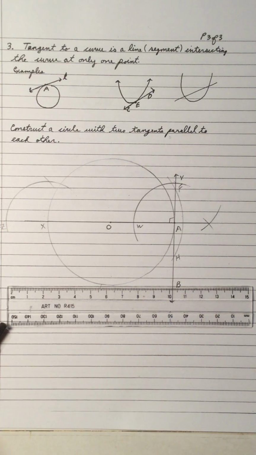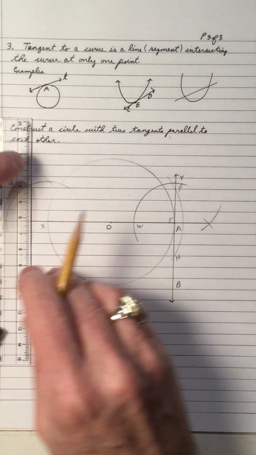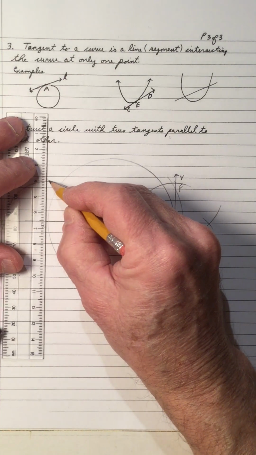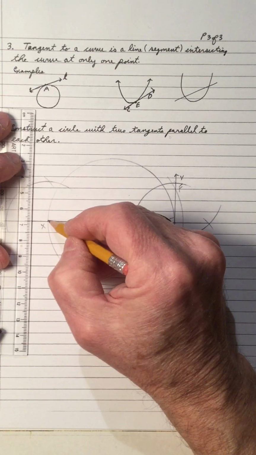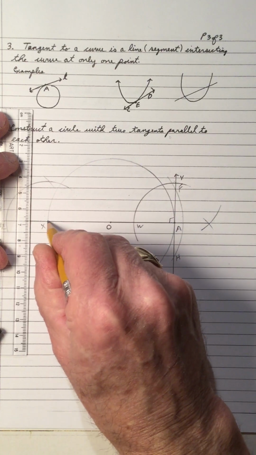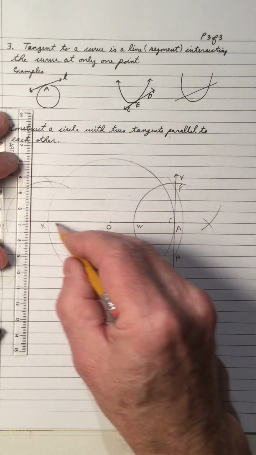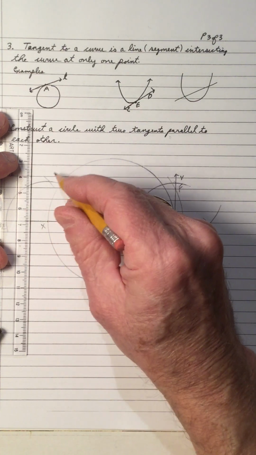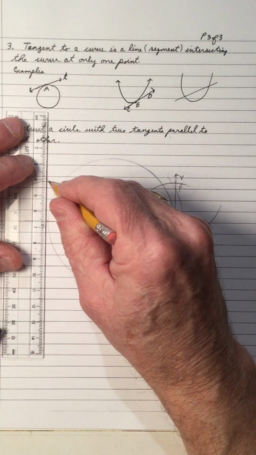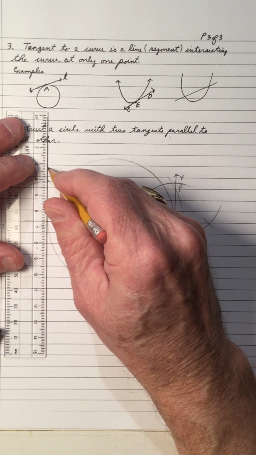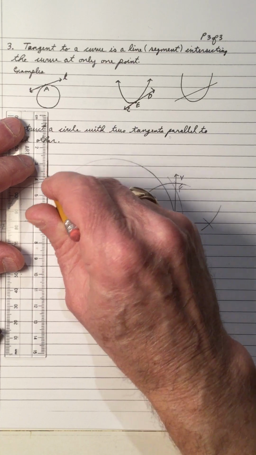So now it's X to where the arcs intersect. So remember now, X is one point on this curve. So this is X, this diameter is intersecting the curve at X. So if I join where the arcs intersect and X to form this segment, then